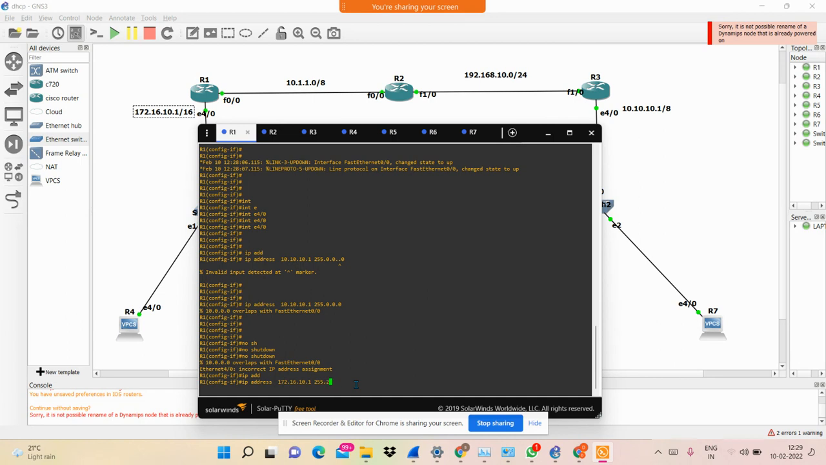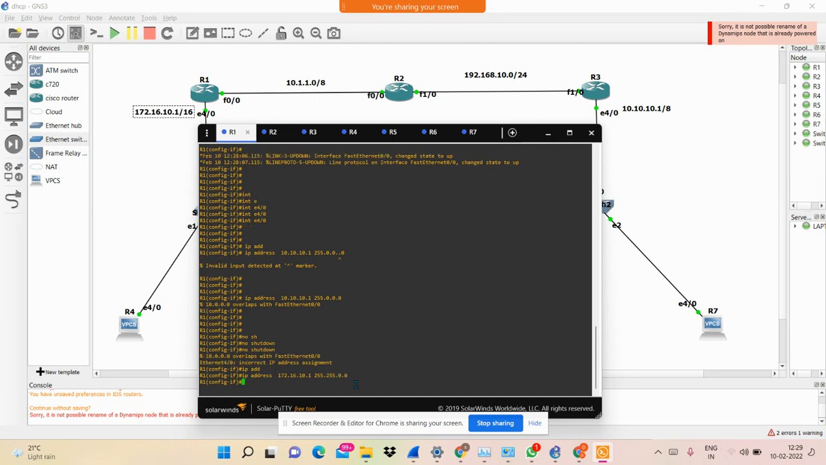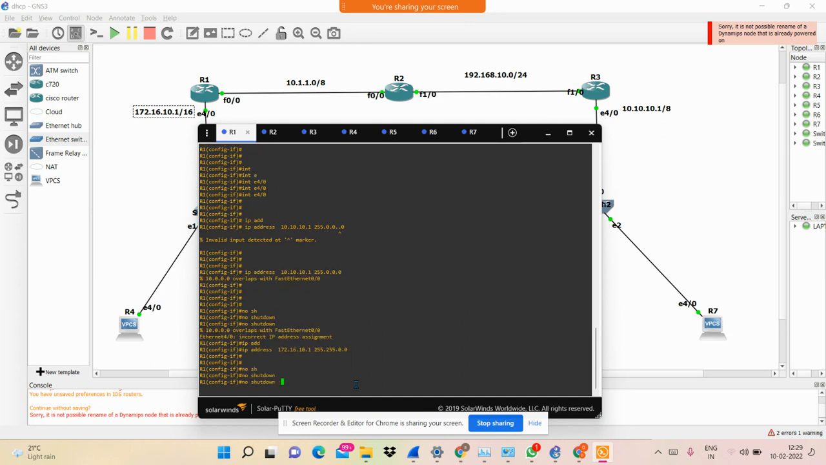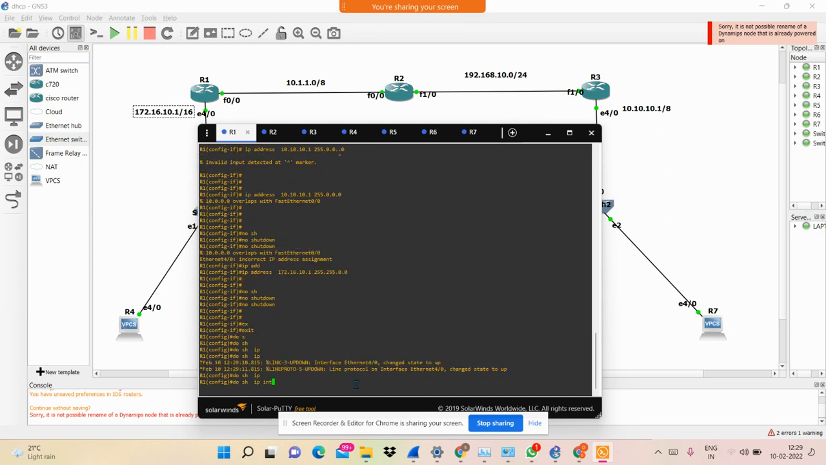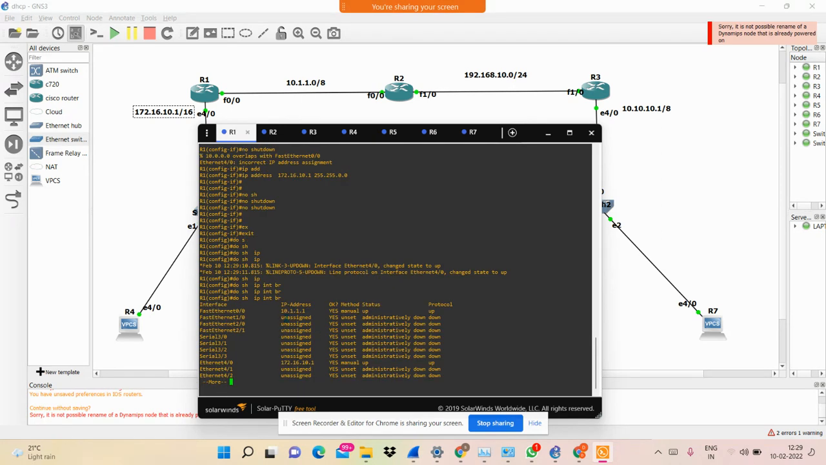In /16 network, and do no shutdown. Let me show you the IPs I have configured. I have configured 10.1.1.1 on this interface, that is FastEthernet 0/0. On Ethernet 4/0, I have configured